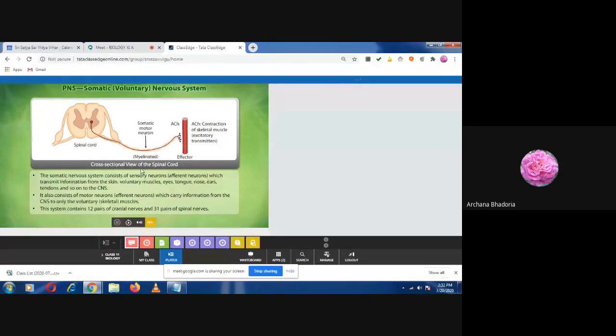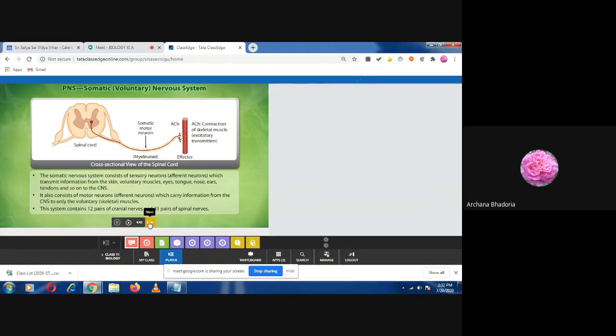ये जो nerve fiber इधर spinal cord से आ रहा है figure में. Can you all see? It is coming from here. So this you will call the spinal nerve. ओके ऐसे ही ब्रेन से भी बहुत सारे निकलते हैं और उनको हम बोलेंगे cranial nerve. So the somatic nervous system consists of 12 pairs of the cranial nerves and 31 pairs of the spinal nerves.